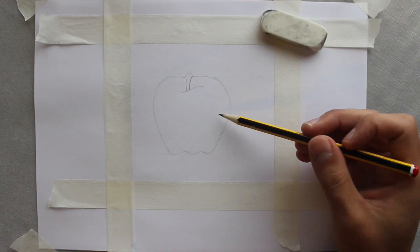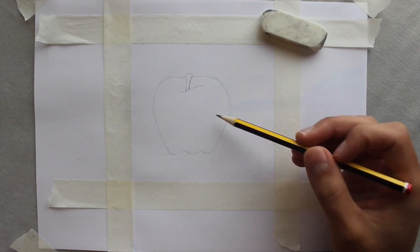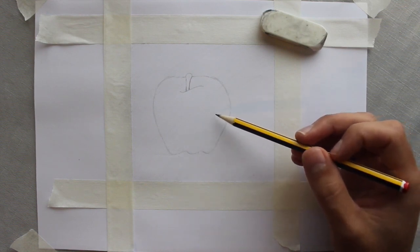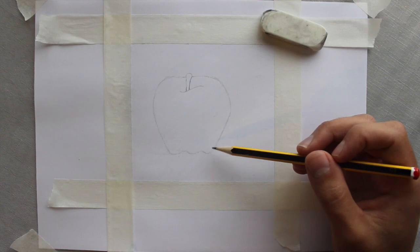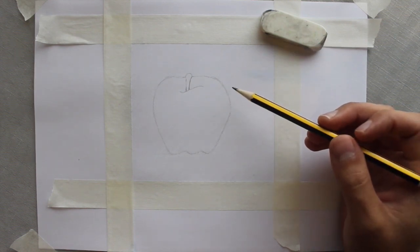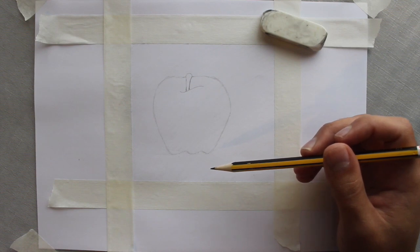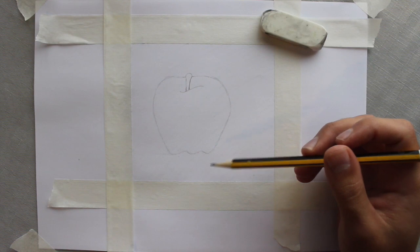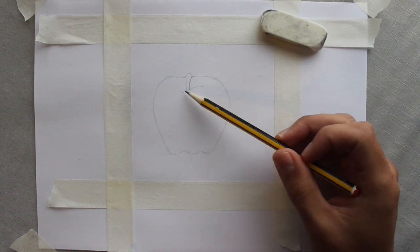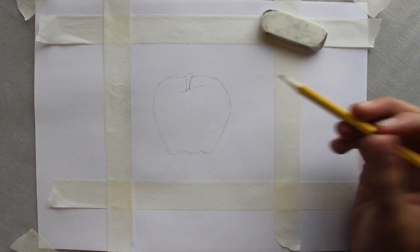And it doesn't matter if your apple is not absolutely a mirror image of the apple that I've just drawn. And the reason is because in nature, nothing really looks identical to something else. There's always some sort of unique difference, and we can appreciate by drawing something organic, such as an apple, that there will be differences between all of our apples, and that's absolutely fine. But just as long as we have some of the key characteristics of the apple, such as the stem, the shoulders over here, and then the feet,